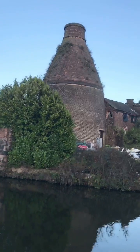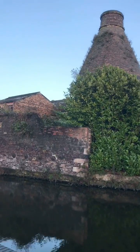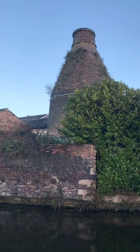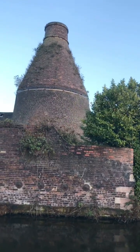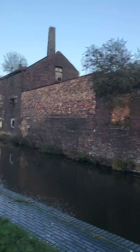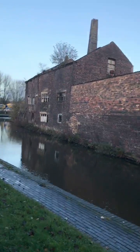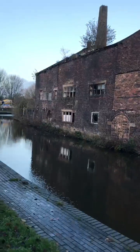I'll just start showing you a bit of the local heritage. There's one of the bottle ovens, because I'm in Stoke on Trent, part of the Potteries. That's a bottle oven, some of the old pottery factories by the side of the canal. It'll be just a little 5-minute canal walk, and then we'll be going to Westport Lake